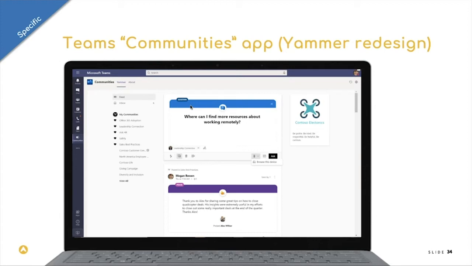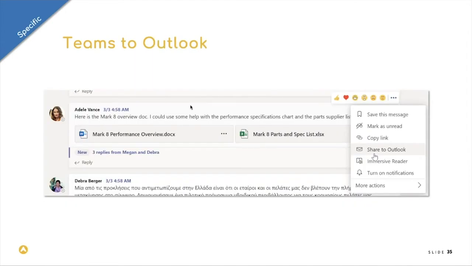As it was before, you could only go to Yammer via the web interface. You did not have an integrated app available within Microsoft Teams. A new feature that is also available is the feature to share a specific conversation or message from within Microsoft